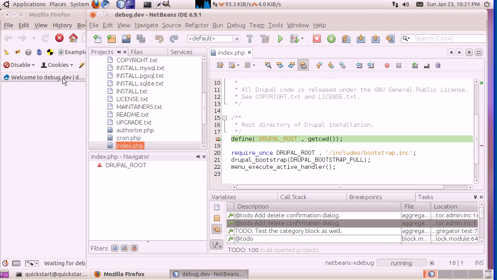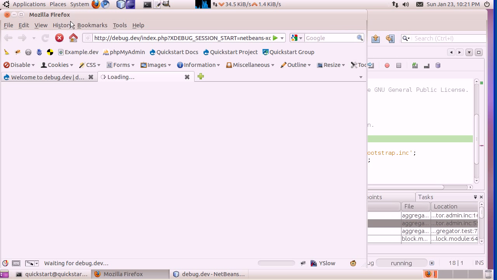NetBeans started talking to Firefox and told Firefox to open up this URL. This URL points to debug.dev, which is our local Apache server. So that's the web server running inside of Quickstart's virtual machine. And this URL, this little bit here on the end, tells Apache to start a debug session with XDebug and